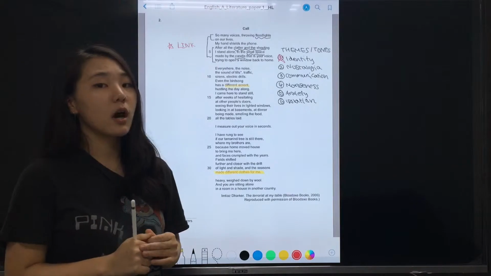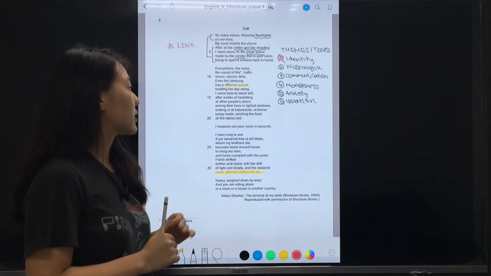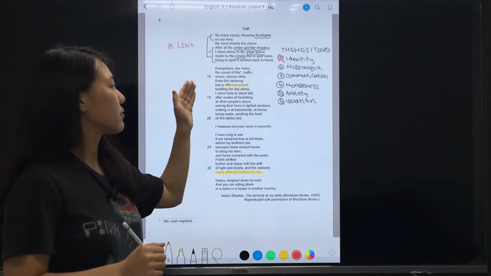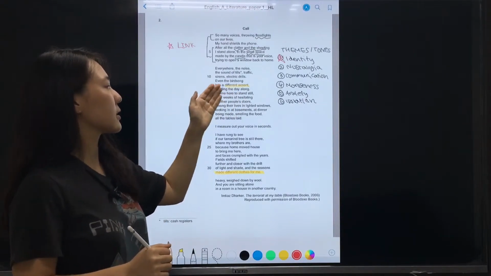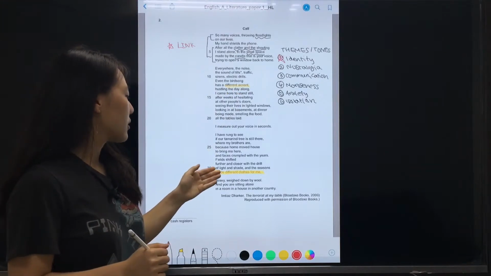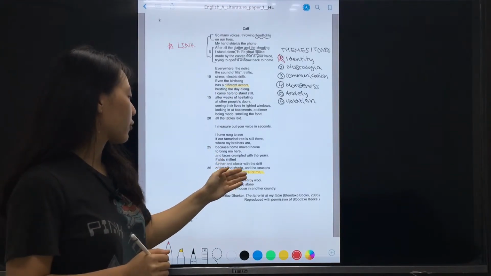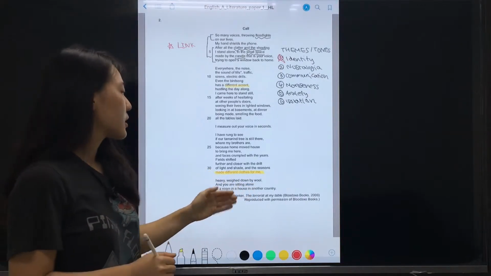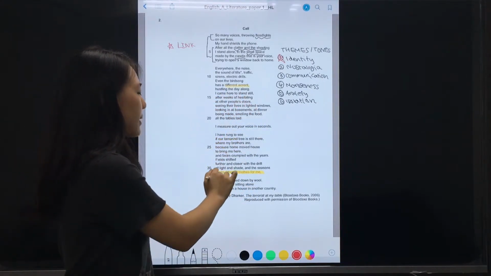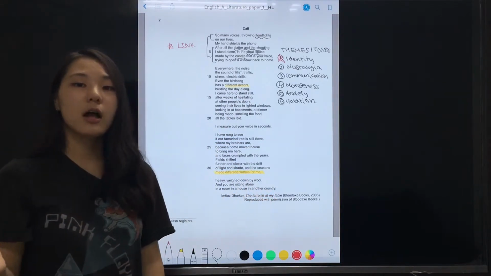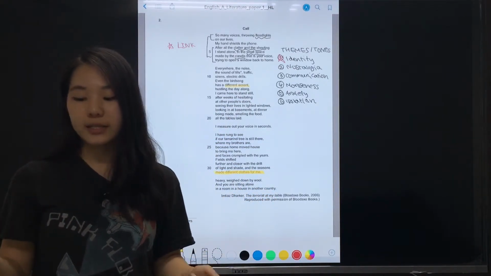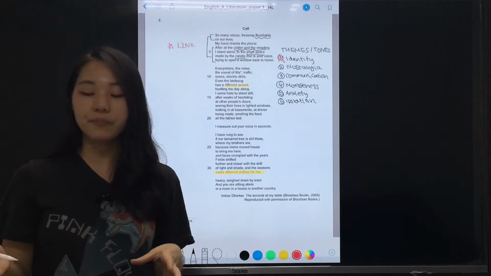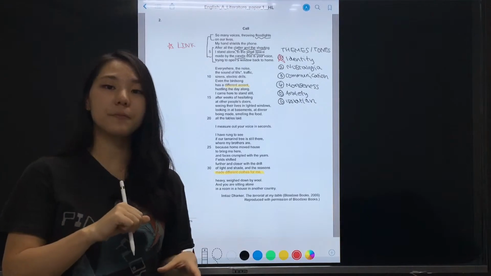This can be found within the poem in different places. For example, in lines 11 and 12, you can see that even the bird song has a different accent, hustling the day along. And in line 30, you can see fields shifted further and closer with the drift of light and shade, and the seasons made different clothes for me. So here the phrases different accent and made different clothes for me are a signal that hints at you to identify that identity is the biggest or major theme of this whole poem, and the others all feed into it.